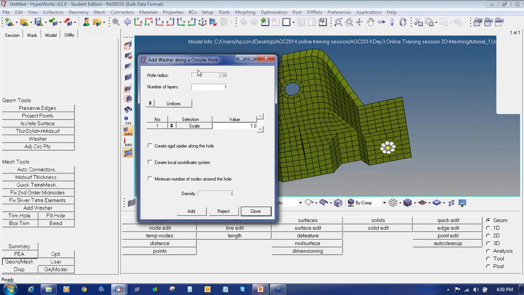Then it will open a new window. It will select all the nodes accordingly. So the number of layers specify as 1 because we want to create one layer only. Enter the scale factor as 3 and click on add. You can also change this one also.